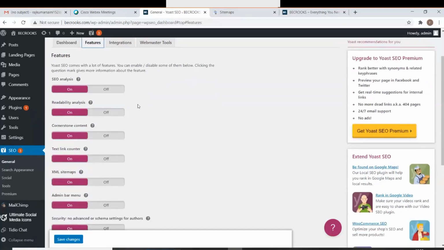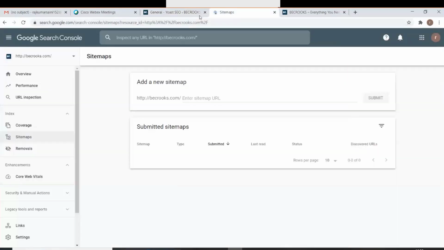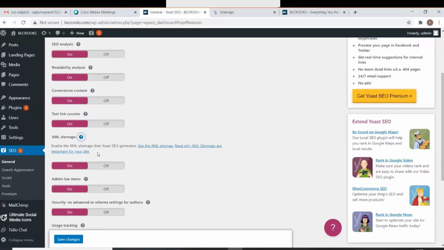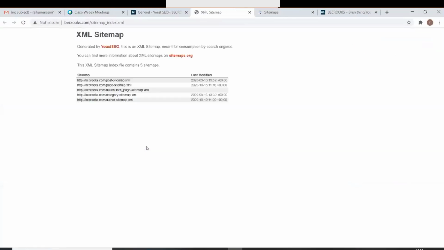Now just go to XML sitemaps down below. Click on the question mark. Just click on the first link. See the XML sitemap. Now just go to the URL up above. At the top in the URL section, just go to that particular URL.